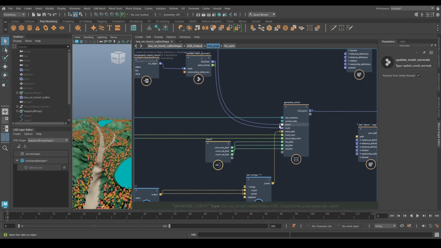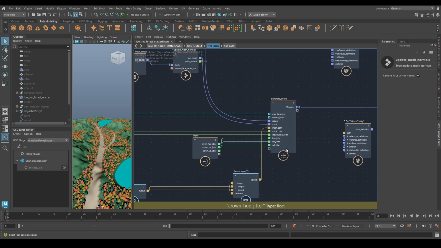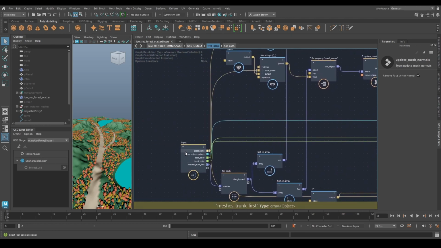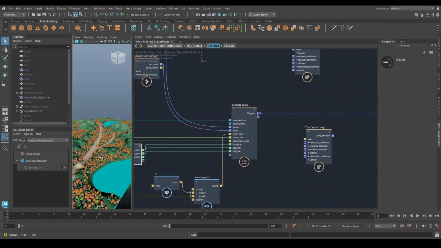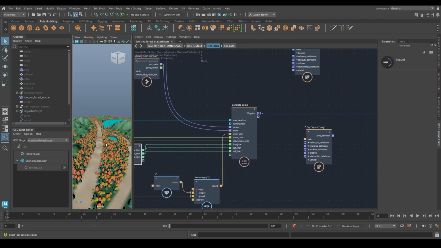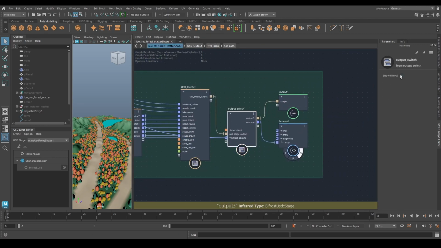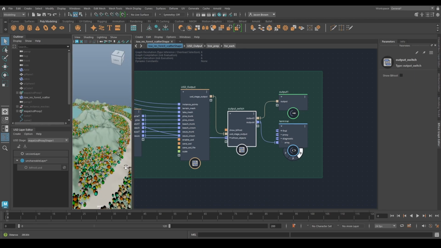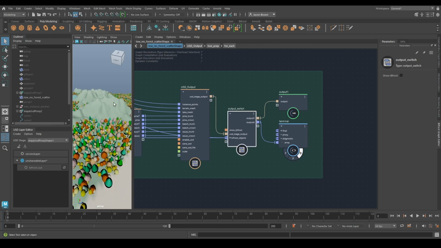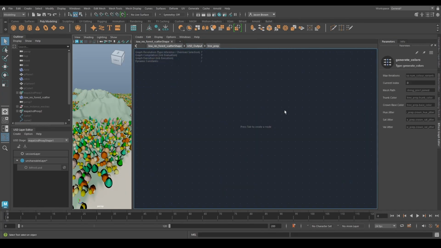And they come in here. Crown goes in the top, the trunk goes in the bottom. And this guy is a loop. What this guy is doing, essentially, is providing the color jitter on everything. So if we just get a USD back, which is a bit bigger, there we go. You can see that within the pine trees, there is a difference in color. That's what this does. So inside of here,